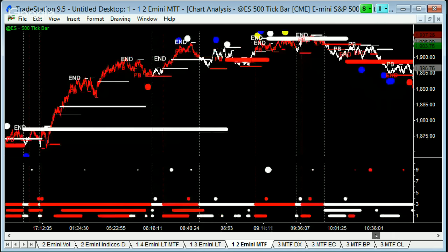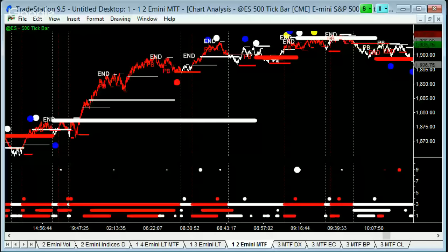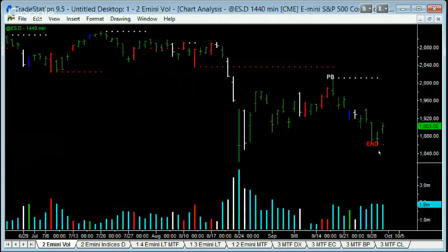A lot of that, unfortunately, was happening after hours and pre-open. The good strength in that move came during the Asian session, the European session, but it was a beautiful little setup. So I've had a couple of questions on the Google Plus page, just saying, what was the setup? Can you walk us through? And that was it. We have got our pullback to end of trend going off,